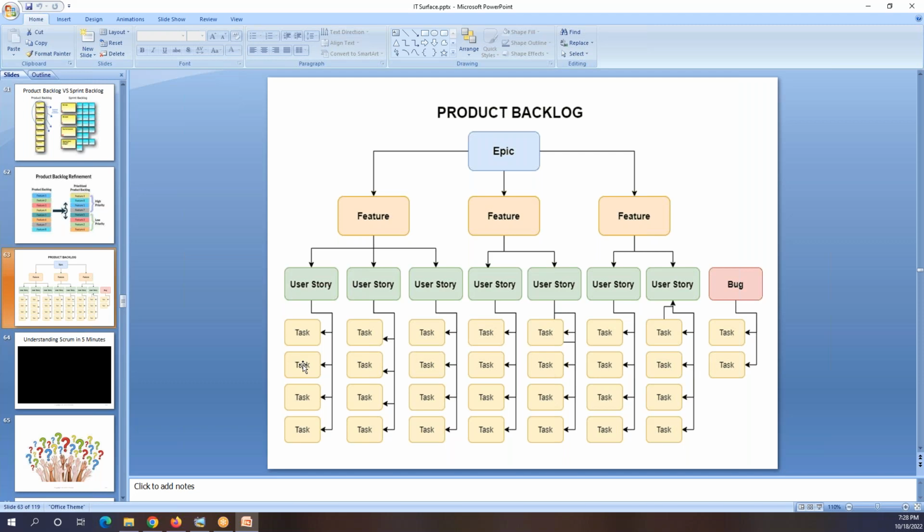For example, Amazon.com. When you log in to Amazon.com, how are they saving your username and password, right? When you insert the username and password and click on login, it will take you to your user page, your home page. So they store your username and password. When you are trying to log in, they will match your username and password.